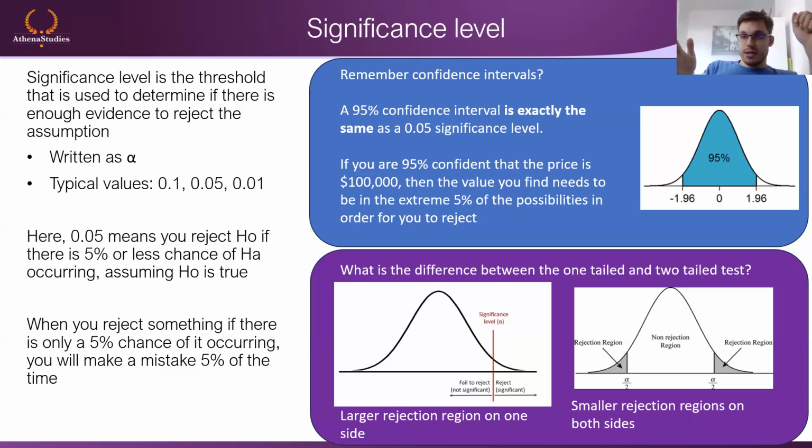Medical science and medical research has significance levels of 0.01 or even in some cases 0.005, right? So when you're doing research in the medical field, if you're testing new drugs, new cures, their convention is 0.01 or even lower. I read that cardiovascular medicine that's getting tested has significance levels of 0.0025, right? So there is a 0.25% chance that they're wrong.